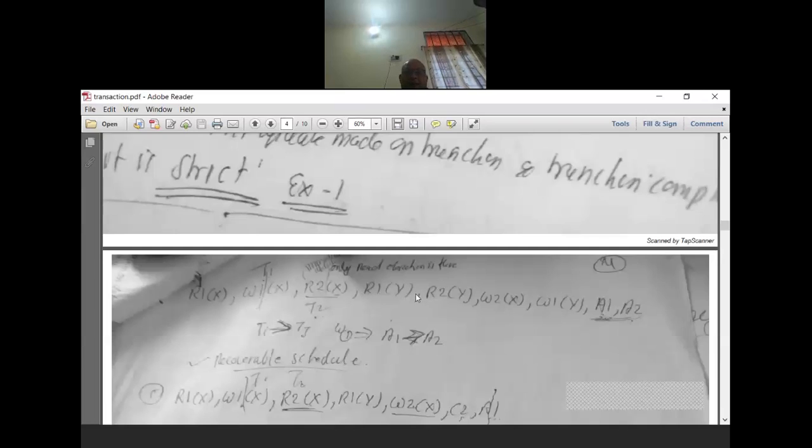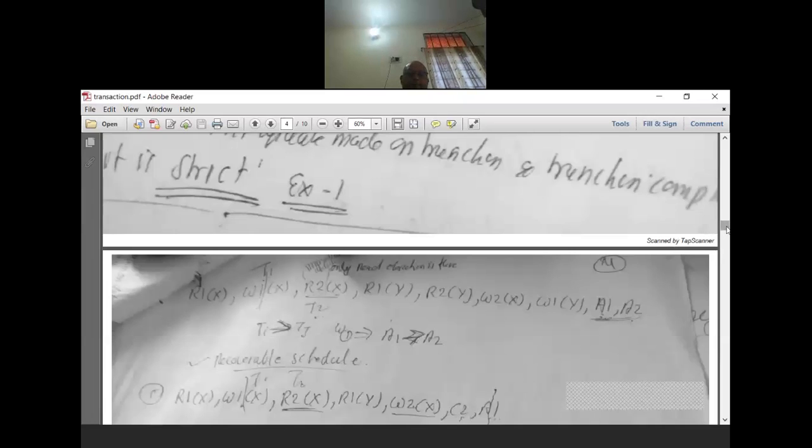Now I will check here whether a write operation on data item X is already done. First write operation on data item Y, this one, and completion of this schedule is over here. No read or write operation done on this, so it is also a strict schedule. So finally, the outer layer is a non-recoverable schedule. So finally, we will say one strict schedule, one recoverable schedule is there. So finally, I can say the outer one is recoverable.